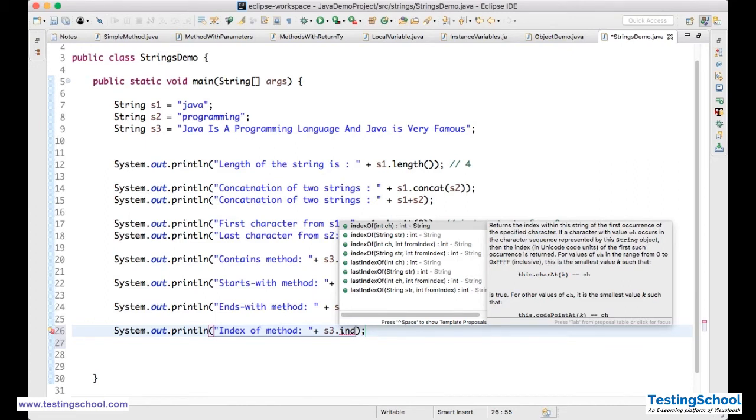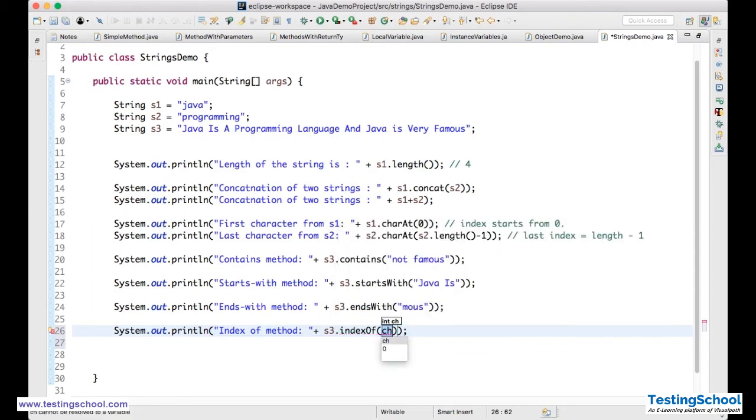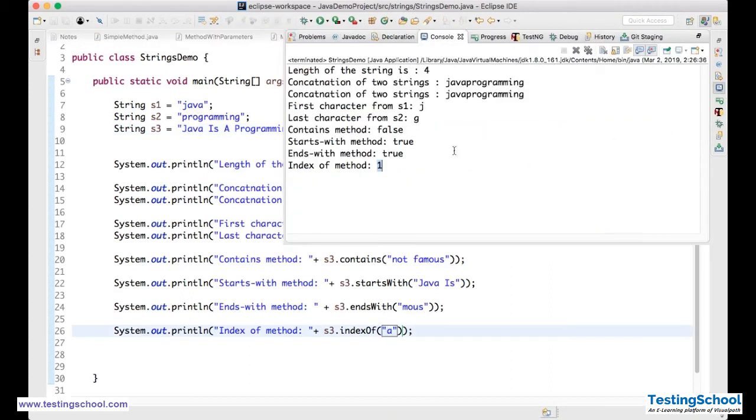It is the opposite of charAt. indexOf, I can give, say, A. What is the index of A in S3? Okay, so when I run this now, I'll get 1. In the 0th position, I have J. A is in the first index. That is the reason I'm getting 1.